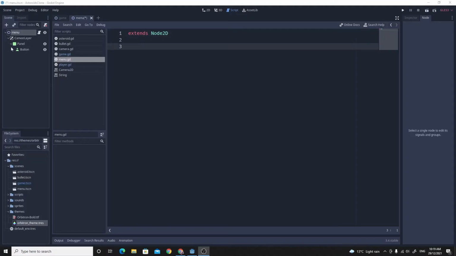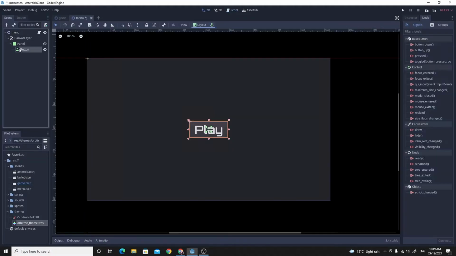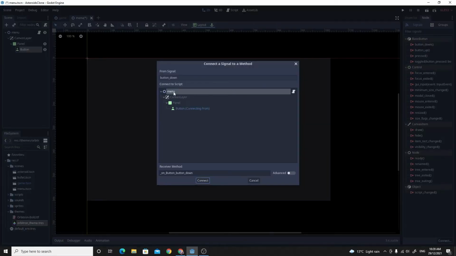I'm just going to click create. Now that the script is in, I'm going to go down to the button here, and we're going to hook up the button_down signal to the menu. So I've selected Button over here, and then in the inspector I click on Node so that we can hook up the signal. I'm going to double click on button_down, choose Menu, and it's going to create _on_Button_button_down,